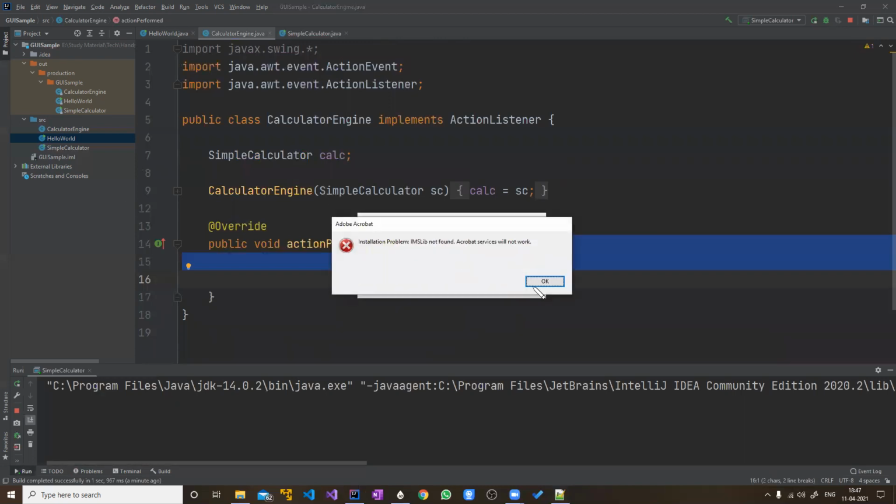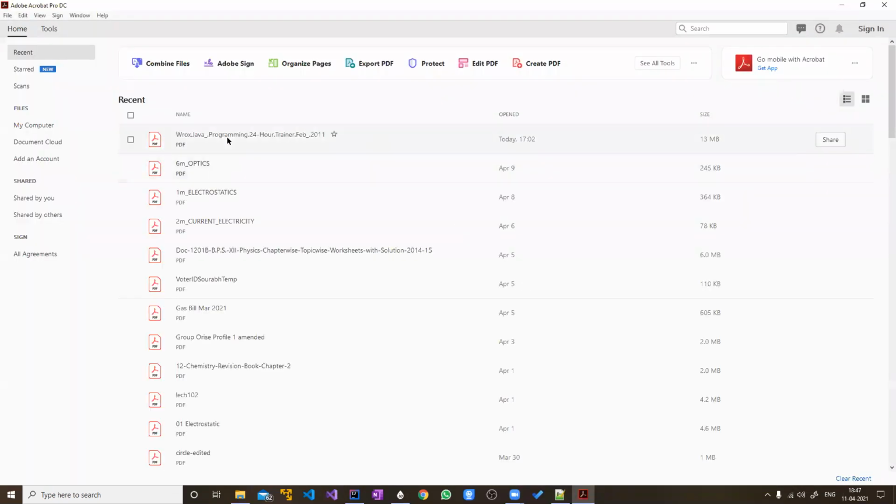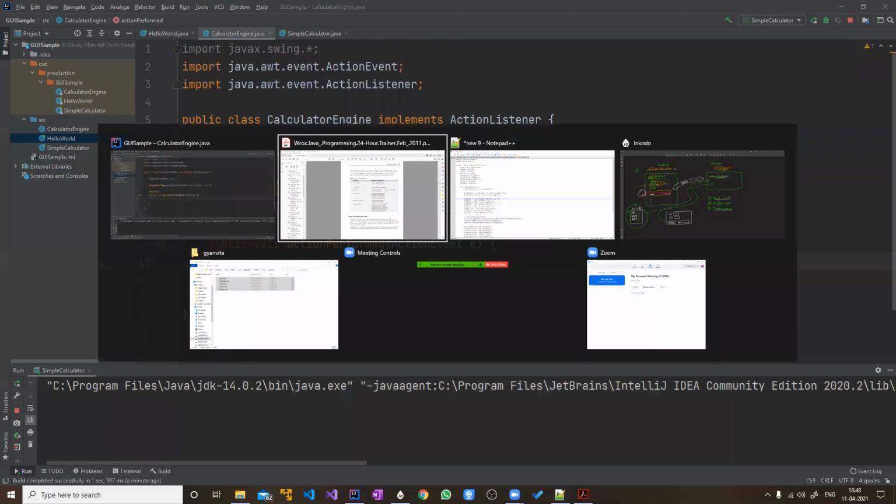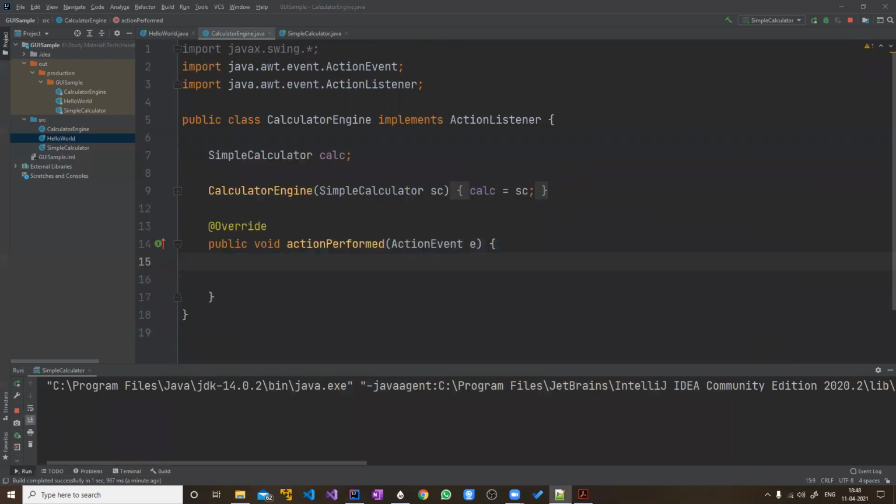Okay, so next, what we are going to do is, yesterday we have seen a very small dummy, just an alert box was coming there. Obviously, that is of no use to us. So today I'm not going to do that. Today we'll do some concrete or some meaningful activity on this when this button is pressed. So the first thing which we are going to do now is that it should read the numbers from those fields. So how to access that field?